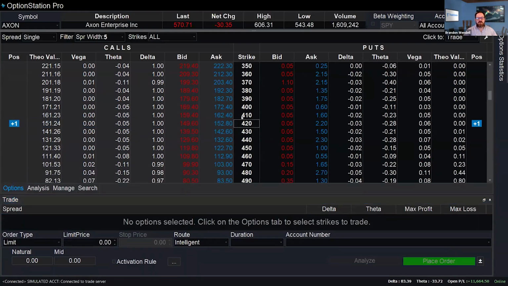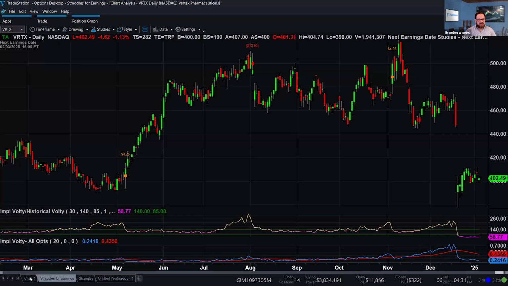But right now, the 420 calls and puts, you can see Vega, non-existent. Delta's 1 because it's so deep in the money, it's acting just like the stock does on the call side. The put is so deep out of the money, and you can see it's got a negative 0.03 delta. So yeah, you got to be out of this before the earnings announcement, not before the expiration, if you're simply playing volatility.